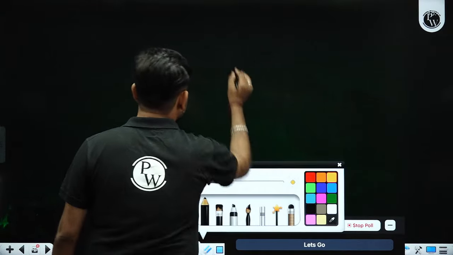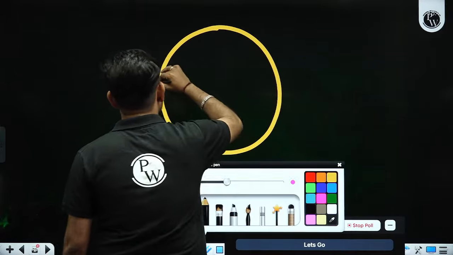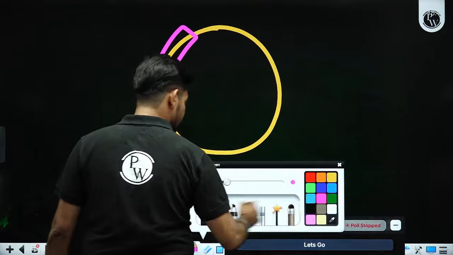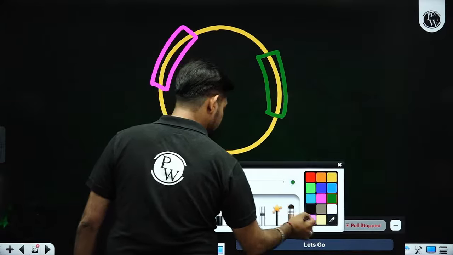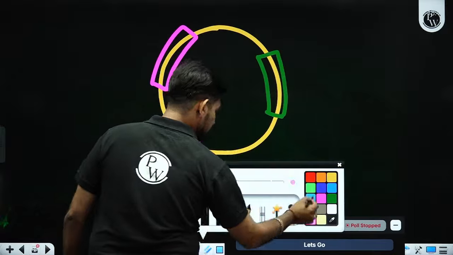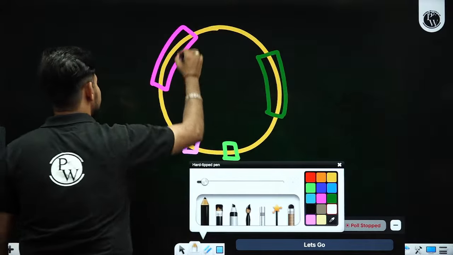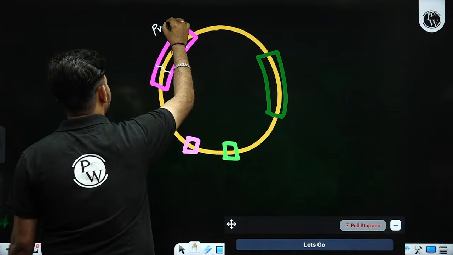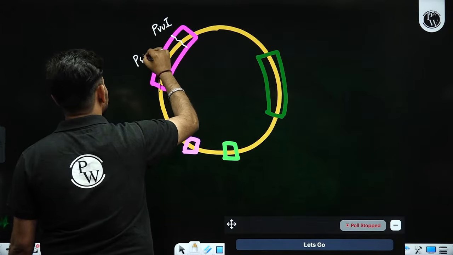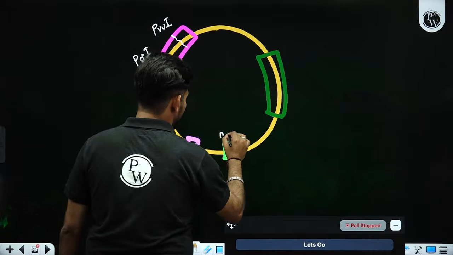So the gene setup for pBR322 is like this. If this is pBR322, and this is the ampicillin resistant gene, this is the tetracycline resistant gene, this is ORI, this is ROP. The restriction site combination will be like this: PvuI, PstI. Within the ROP gene, you have